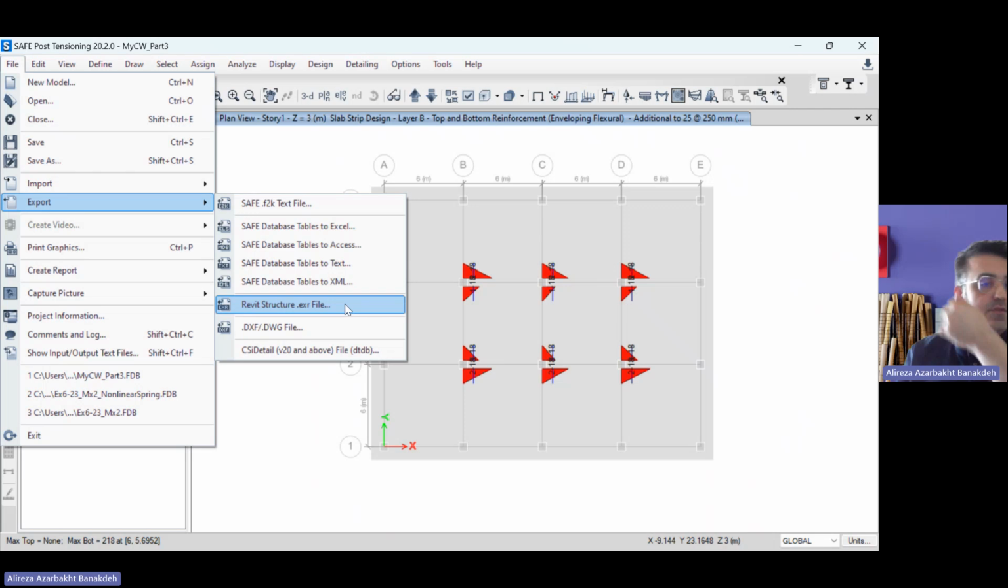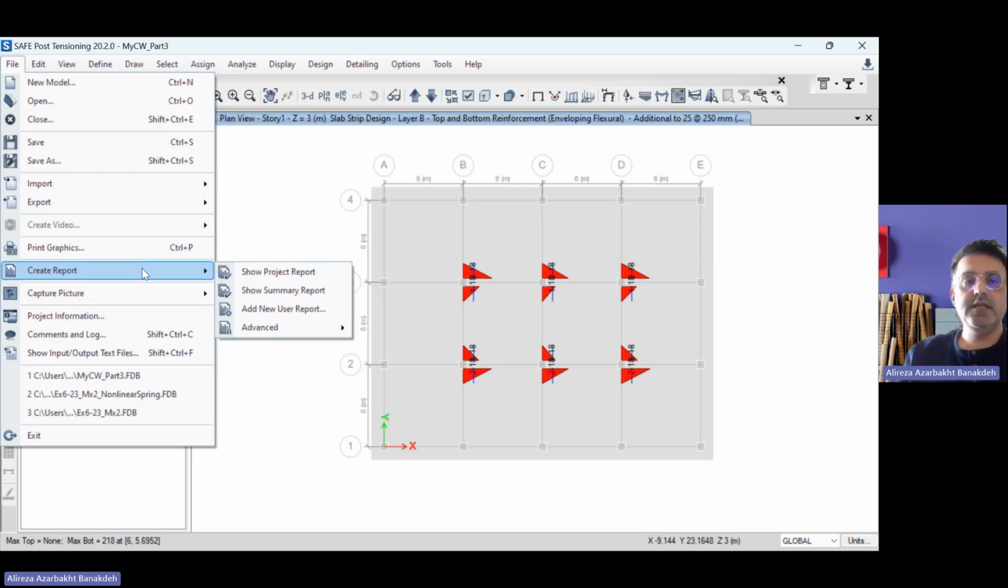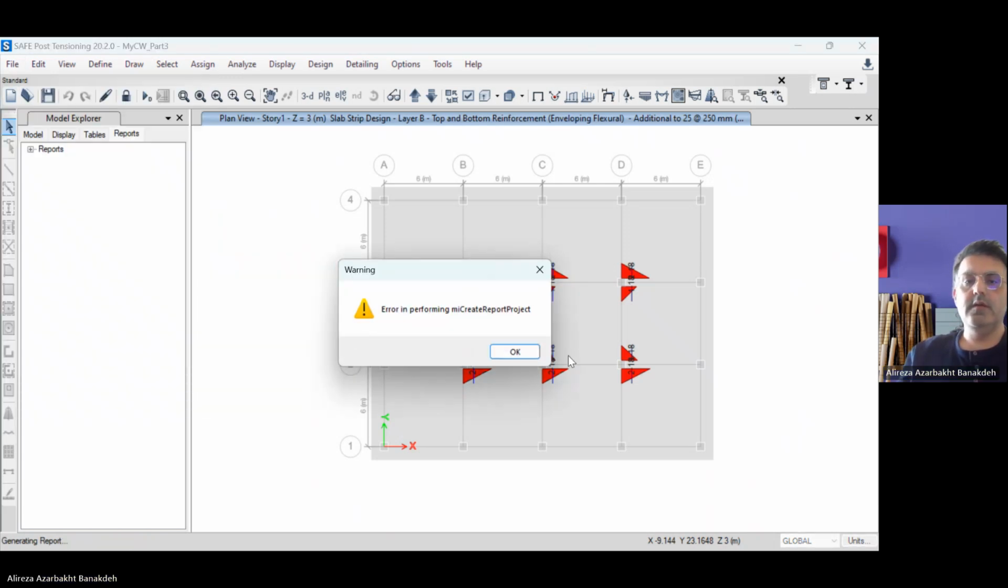And I want to introduce another amazing feature here. You can create an engineering report for your design, which is basically what I'm anticipating from you for your report for the coursework. However, it's quite more comprehensive in every aspect. If you go to show project report,